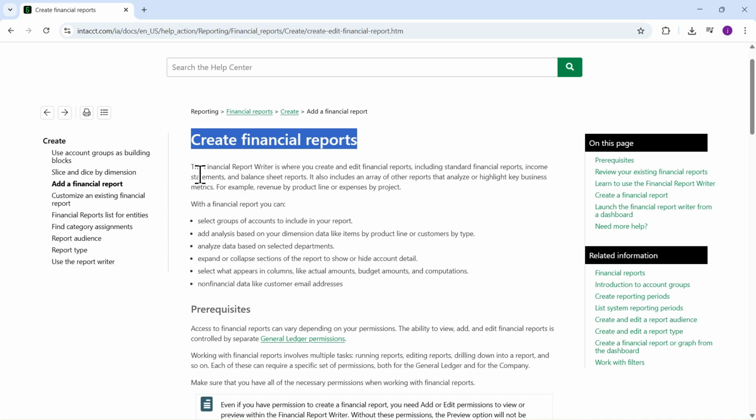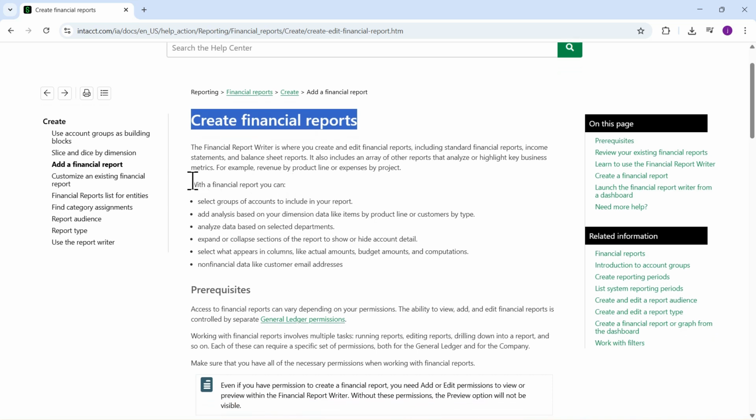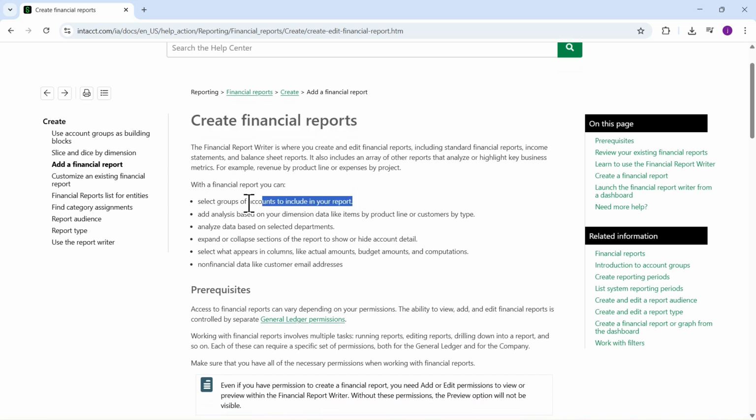When creating a report, you can choose which account groups to include so that only the data you need is displayed. You can also analyze your financial information using dimensions like product lines, customer types, projects, or departments to gain deeper insights into your business performance. The report writer also lets you expand or collapse sections to show detailed account information or keep the report summarized